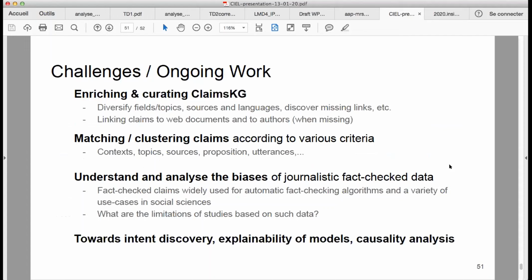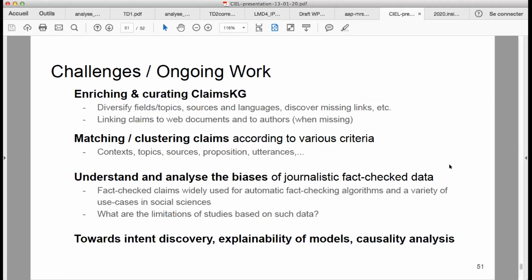So I will close my talk here by saying that we're intensively working on many different topics related to what I have been discussing with you today. And one that I would like to underline here, which I think I mentioned already in the beginning, is that what we are currently really interested in is the topic of intent discovery. Our main observation after a couple of months and maybe even years of looking into those questions is that